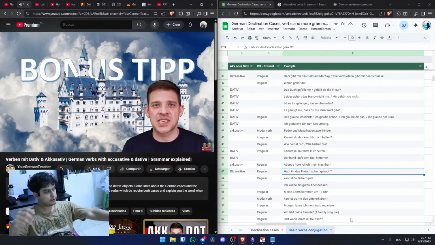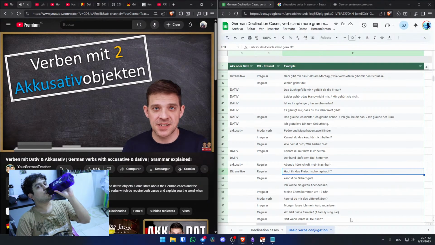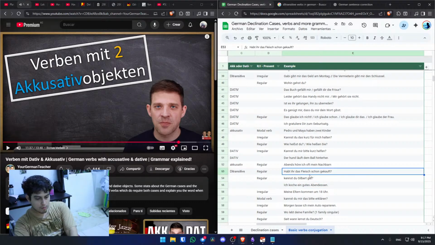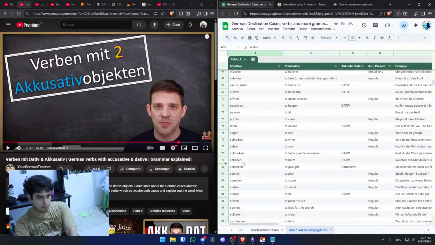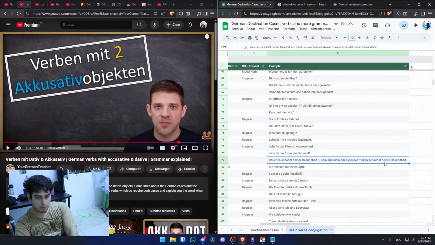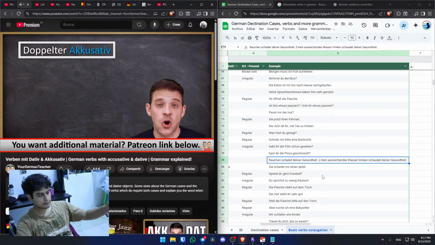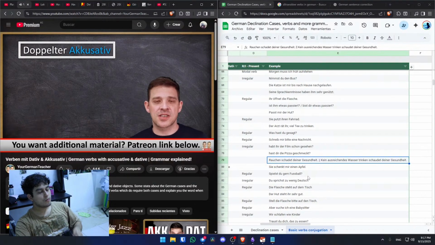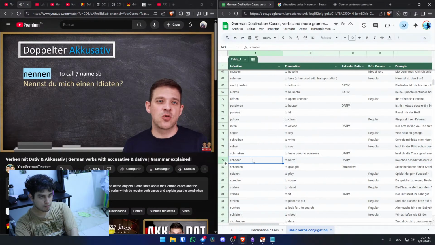Bonus tip about some special verbs. Verben mit zwei Akkusativobjekten. Don't worry, there's not many. But the most common ones, they're also not very common, but I would say the most common ones which have doppelte Akkusativ, a double accusative. The first one is nennen. Nennen heißt to call or